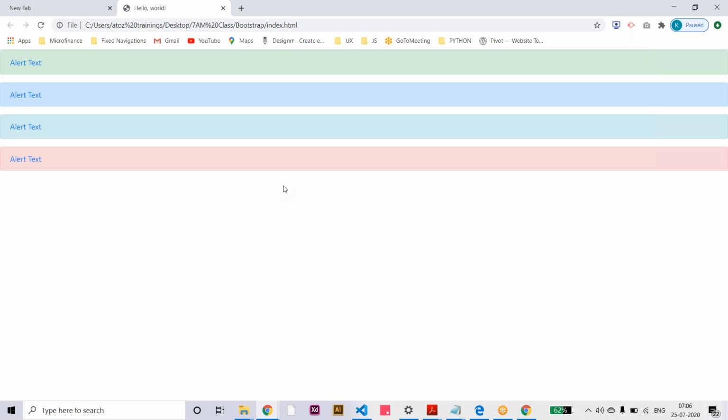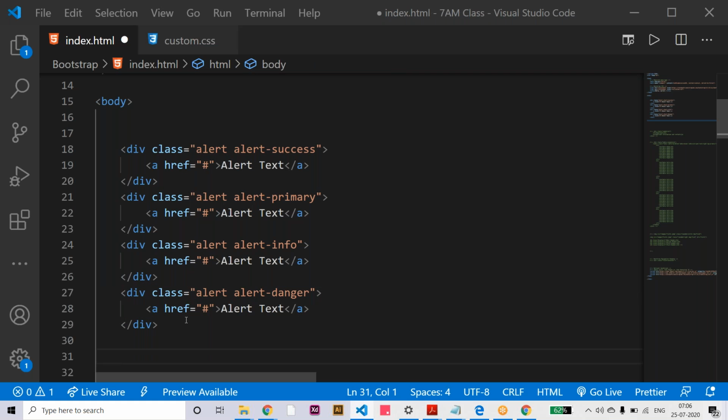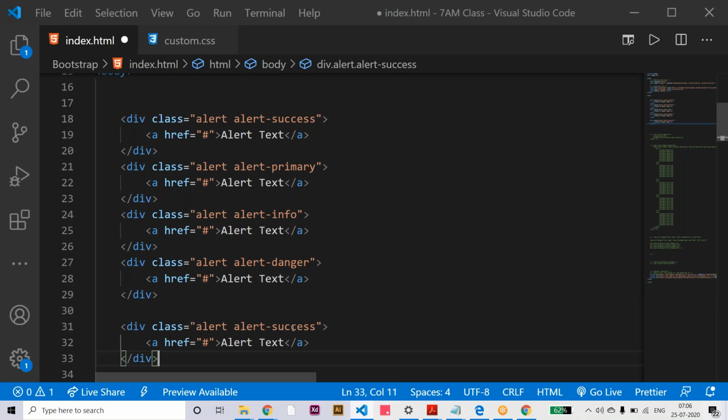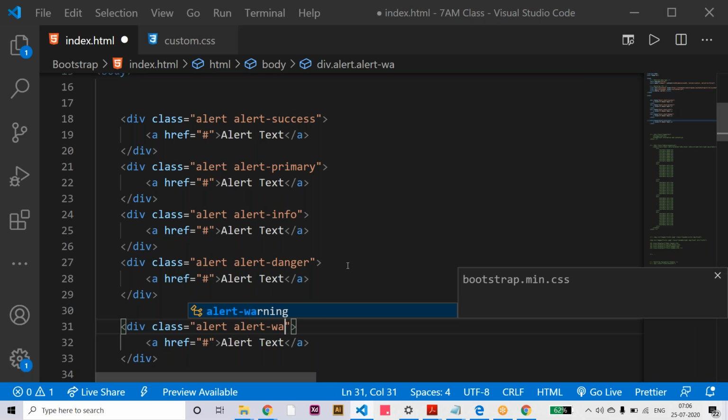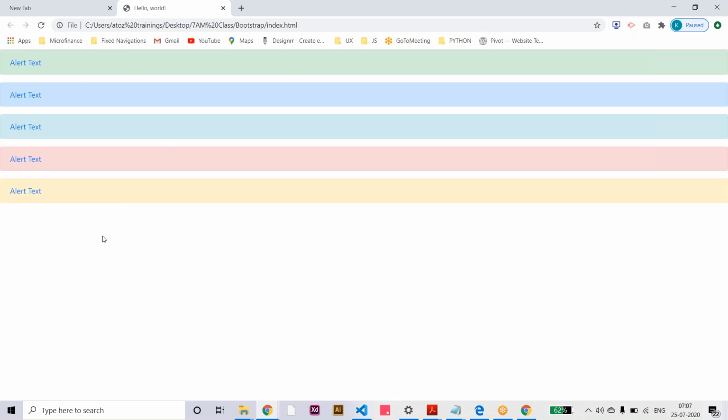At the same time we have other classes, like warning class for the yellow color. Like this we can highlight any content, whether it is a hyperlink, a paragraph, or any list item also. So like this you can highlight any content using these alert classes.